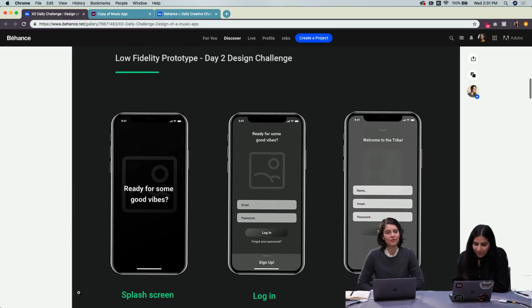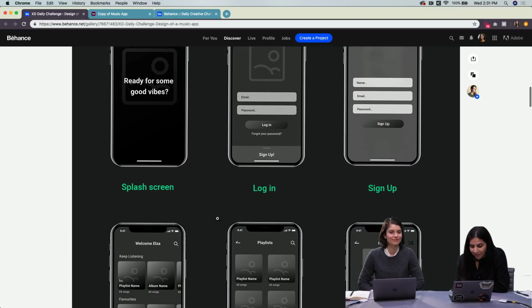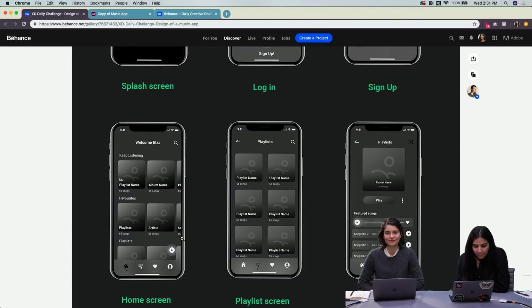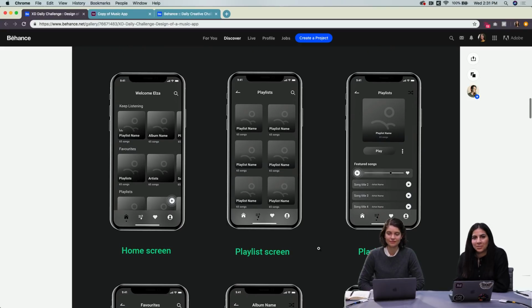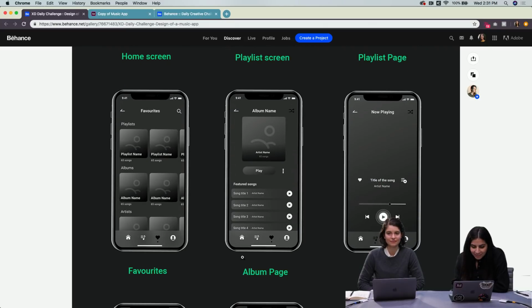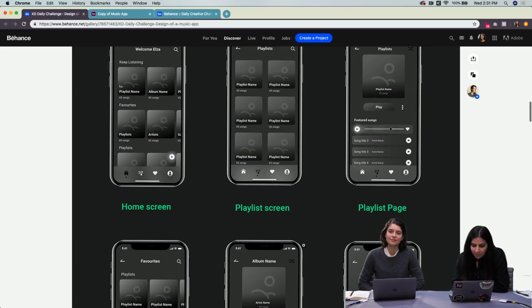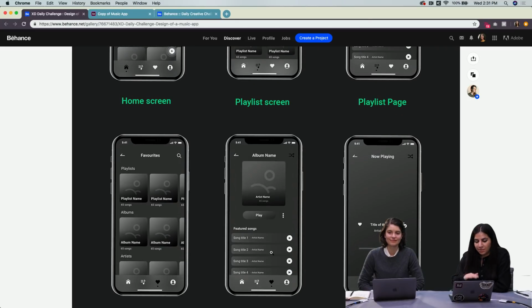And then going back in time, we can see the progress. Yeah, so low fidelity prototypes. It's a nice, clean, minimal design. I really liked it. We have playlist, album, artists. And then I think this is the playlist page, so if you have a playlist and you're playing your songs from that. Nice. And I like that it's similar for the album, a similar layout to show the songs on the album.